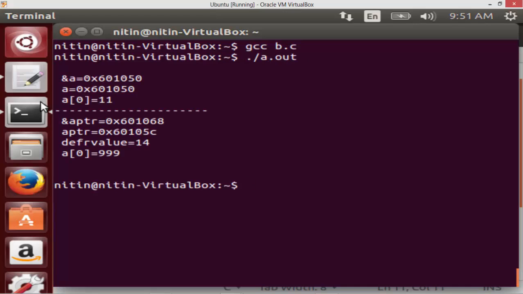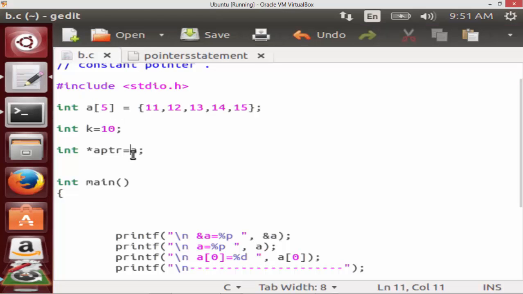See, now it is still fine, but I still have a problem. When I gave AND of A, it worked with a warning. When I gave A without warning, it worked. So there is some problem, which has to be made very clear. Let me keep it as AND A, and I still want to remove the warning.